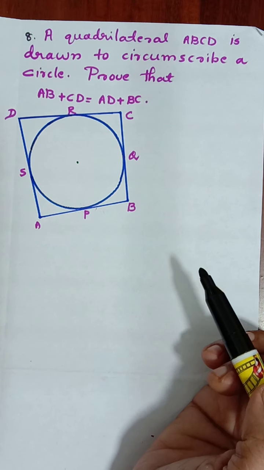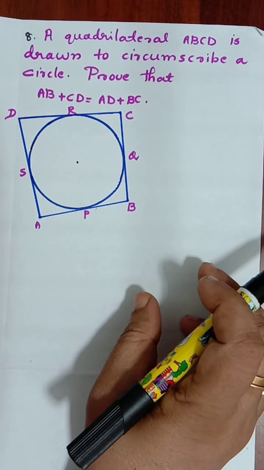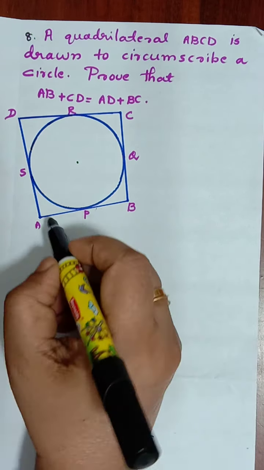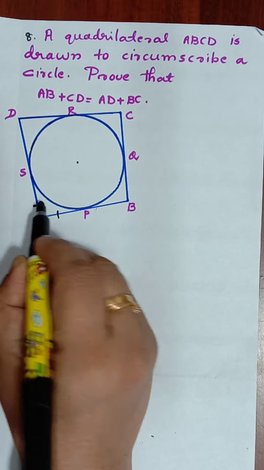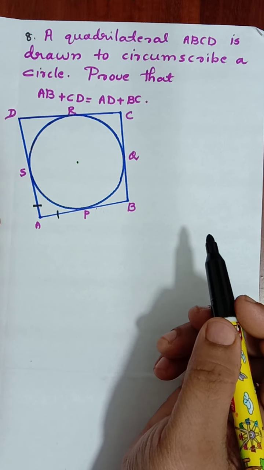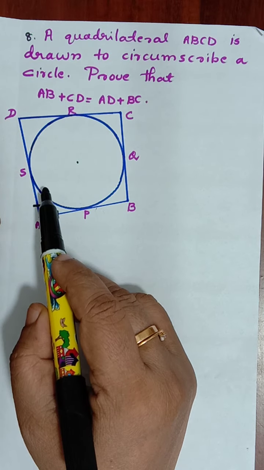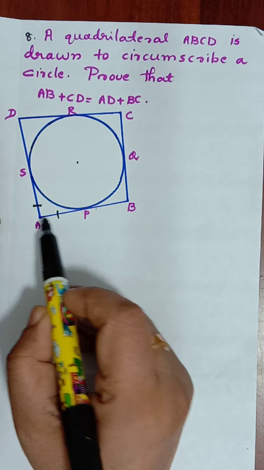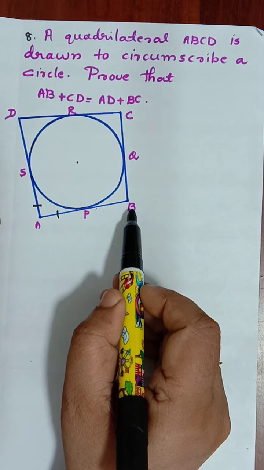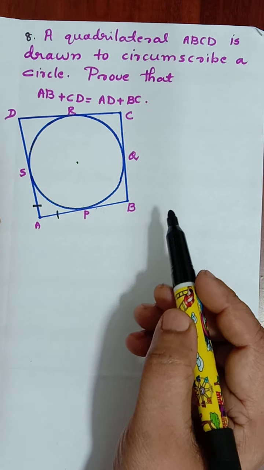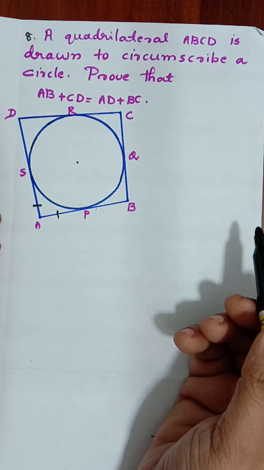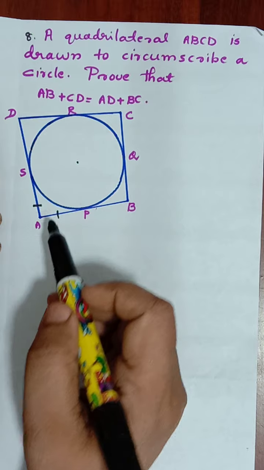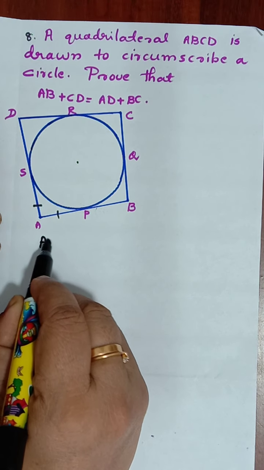So let us think of both the theorems. In the second theorem you have seen the lengths of the tangents are equal. That is, AP equals AS, we know. So what are the parts of AB here? Is AB equal to AP plus PB? You have to revise both the theorems, then you will be able to apply the theorem. This is based on the second theorem. It's very simple. Here we can take each part.